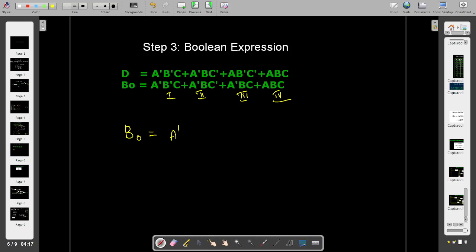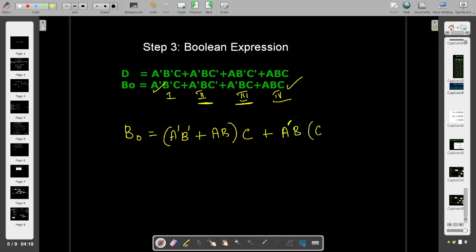So here this first term is a dash b dash into c. So I am considering this first term and the last term in which the c is common. If c is taken outside, then I'll get a dash b dash here. Similarly ab here, in which the c is taken outside. So first and fourth terms are combined. Then in the second and the third term, a dash b is common, right? So a dash b is taken outside,